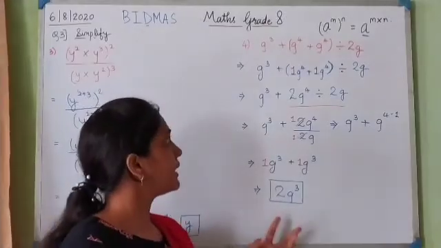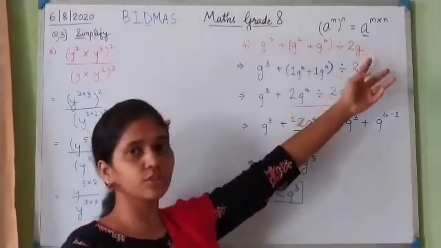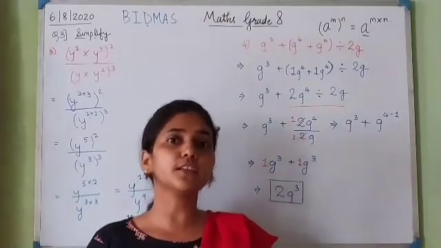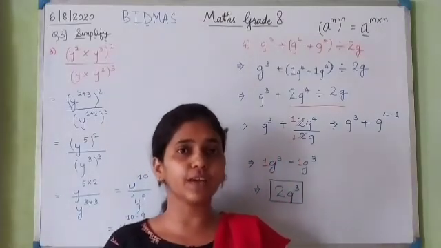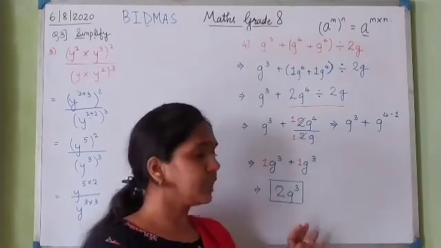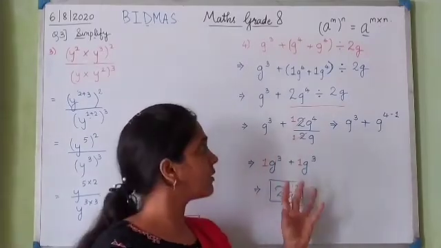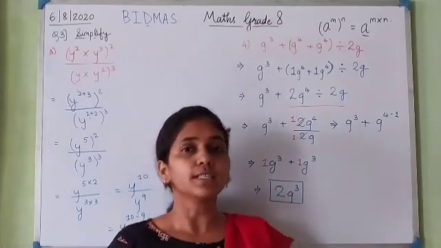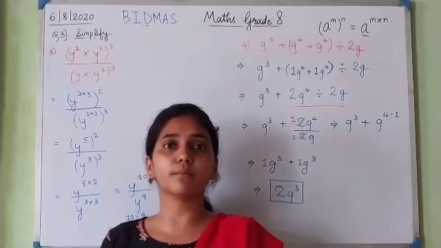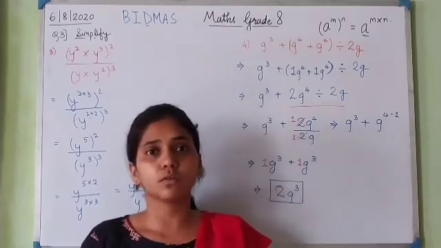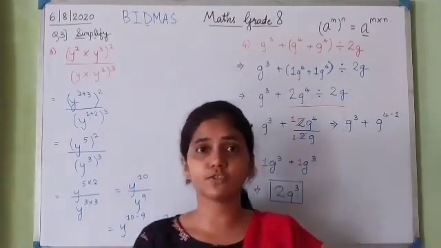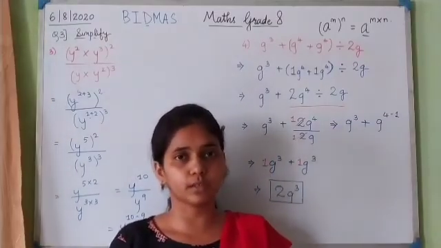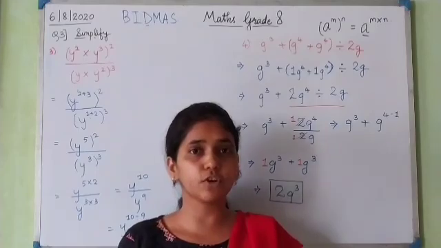So we can see that whatever expression is given to us, even if it is very big, using the BIDMAS rule and using the laws of indices very properly and very keenly, we can solve the sums, the examples, and get a very simplified answer. So these are all simplification questions in exercise number 2b which we saw. I hope everyone has understood how to simplify the examples using the laws of indices.